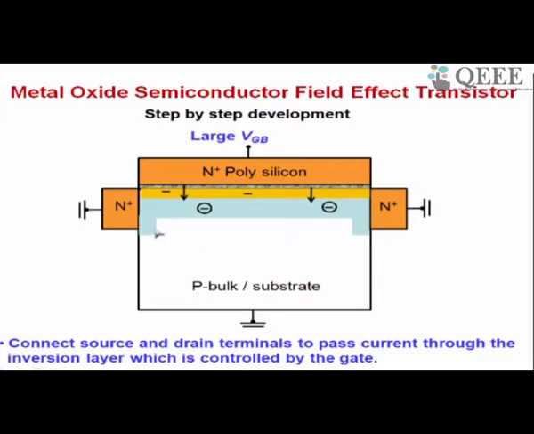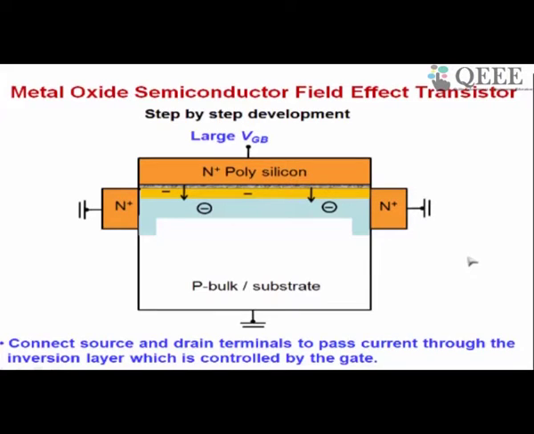Now this N plus P junction will have its depletion region here. That is why you can see that at the two ends you have depletion regions coming from these junctions. Now to pass the current, I should apply a voltage between this N plus and this N plus. Now before that, let us make this device more practical, because in practice you cannot just bring N plus regions like this from outside and stick it to the P region.